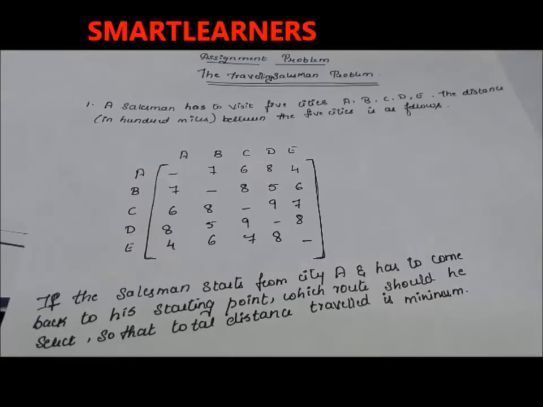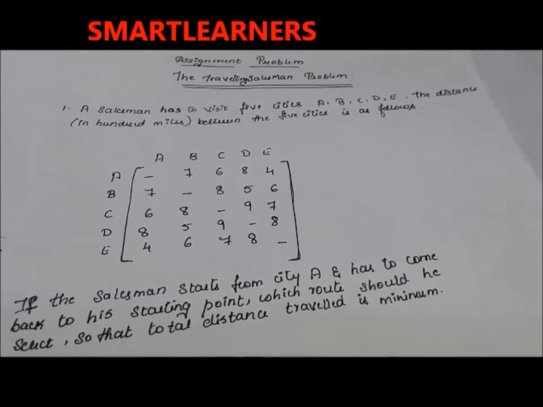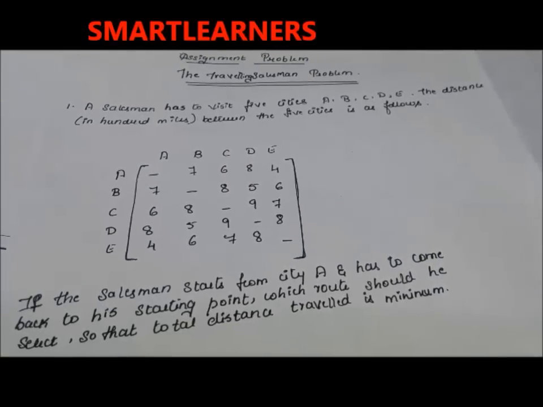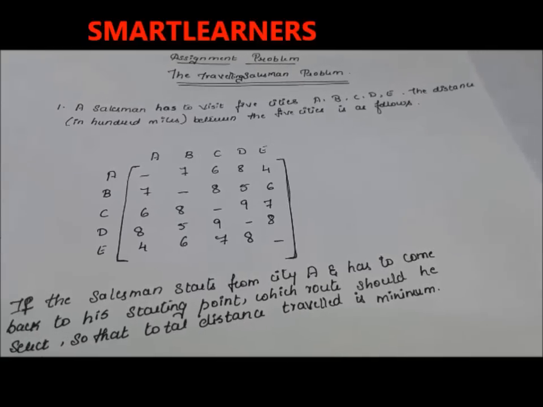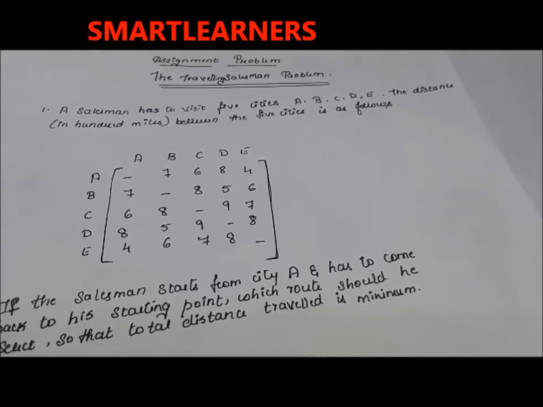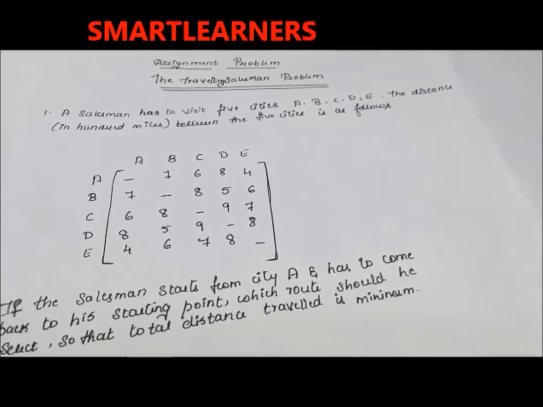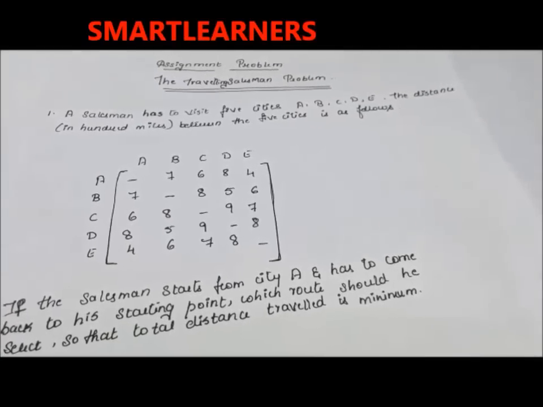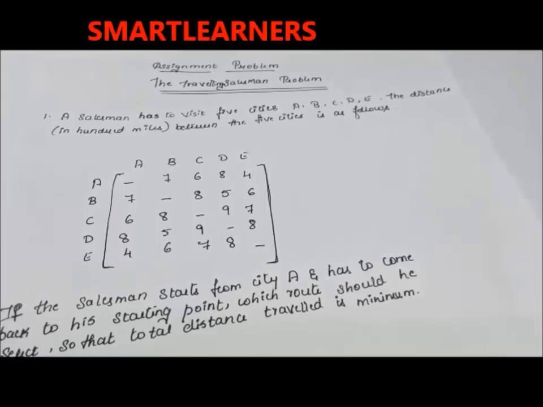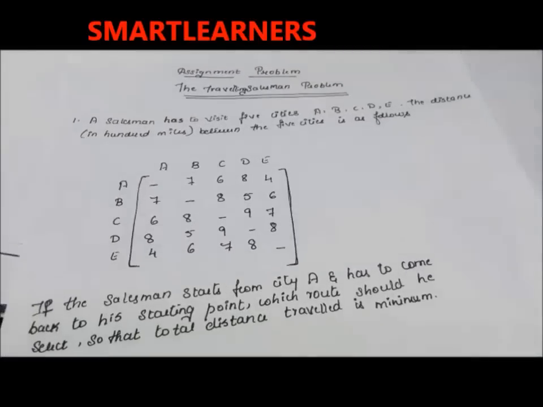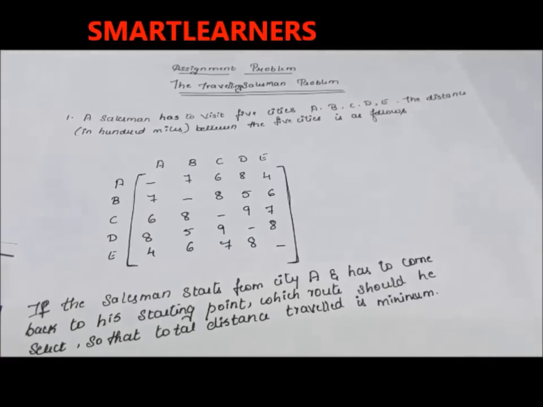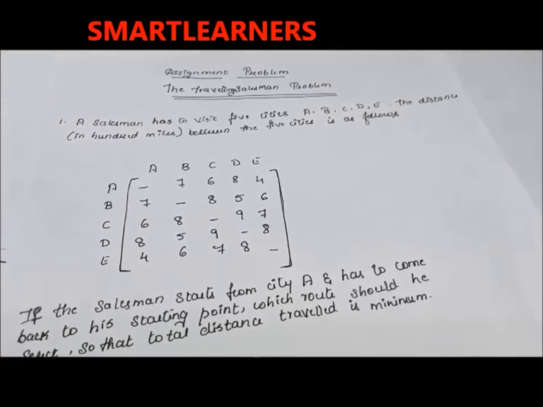So how to go ahead with the traveling salesman problem? The traveling salesman problem is a special case of the assignment problem. So the steps used to solve assignment problems are also used in the traveling salesman problem. The only difference arises in the final allocation that we'll see in the last step. To solve an assignment problem, I have already uploaded a video. You can go check that out. I'll link it in the description box below. Please go check it out.